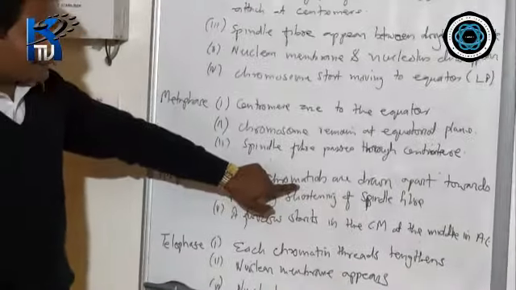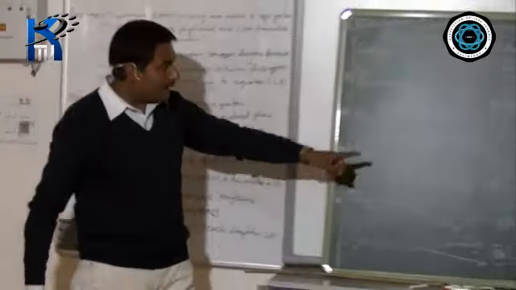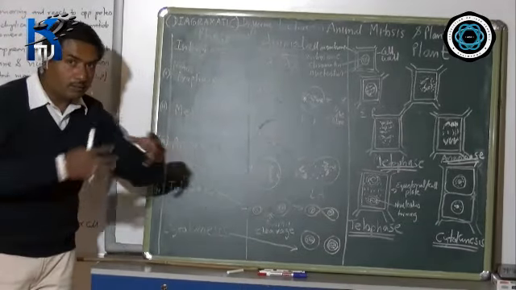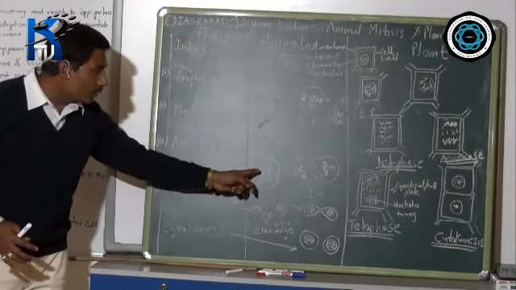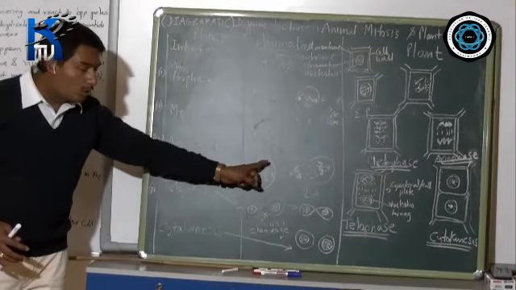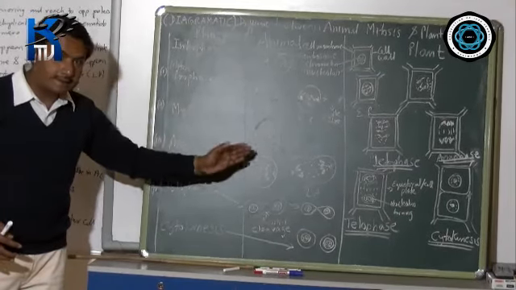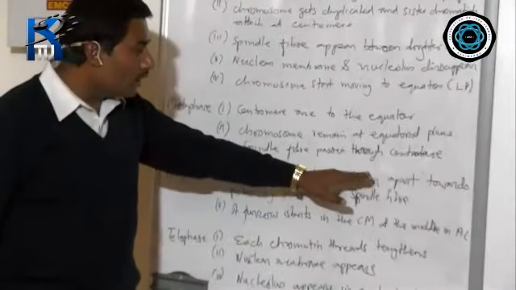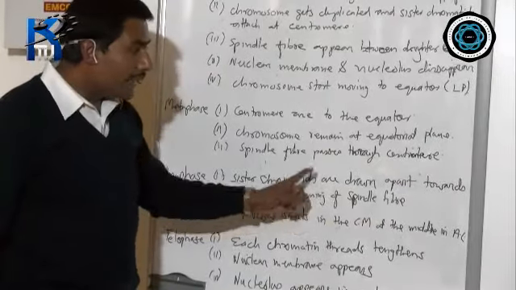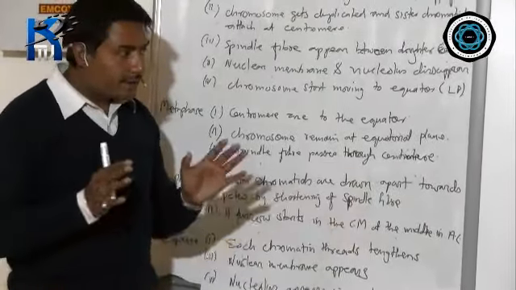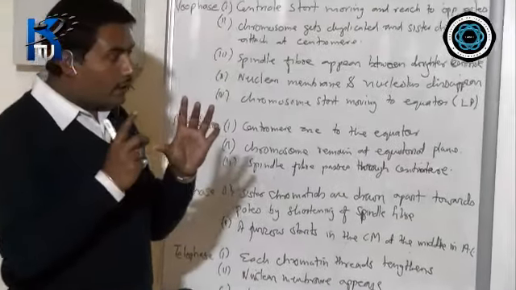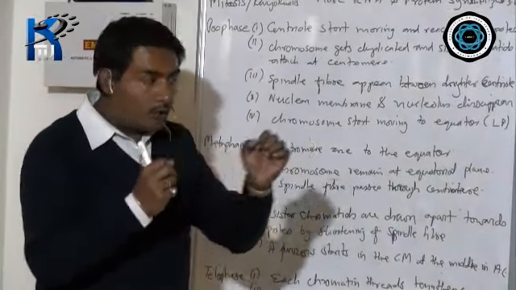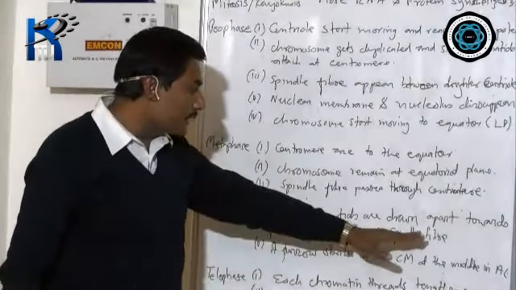Sister chromatid. Now when I say sister chromatid, you have to understand this chromatid has got separated, and then they are moving towards the pole. These chromatids which are homologous, which are of the same type, are called sister chromatids. They are moving towards the pole. So sister chromatids are drawn apart towards the pole by shortening of spindle fiber. Yesterday I showed you how the spindle fibers get shortened. That means due to unequal pulling, it may result in shortening of spindle fiber.